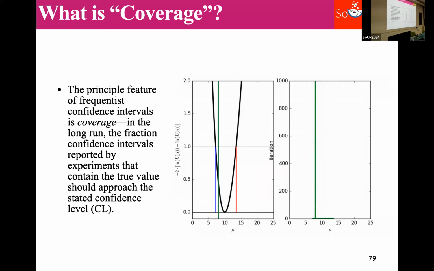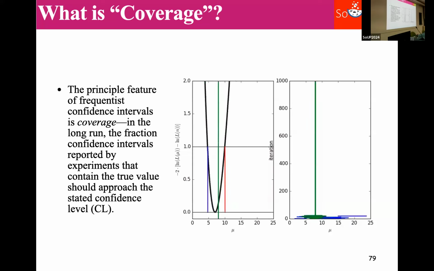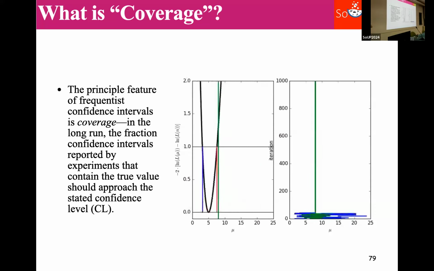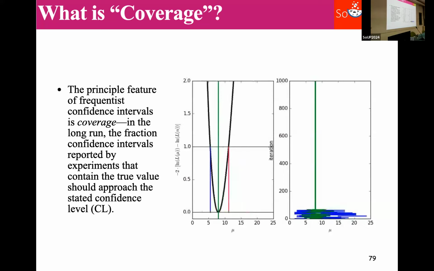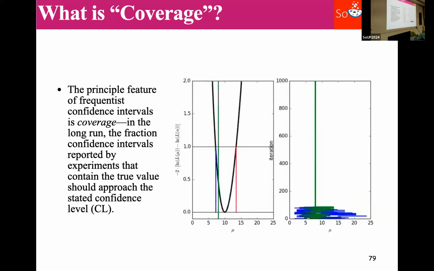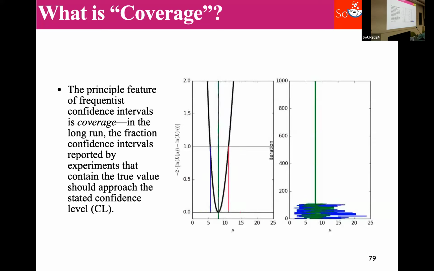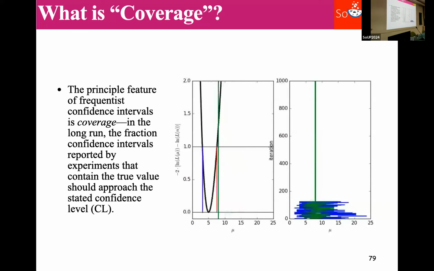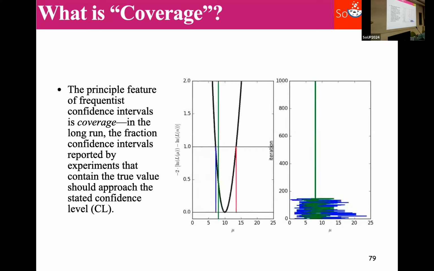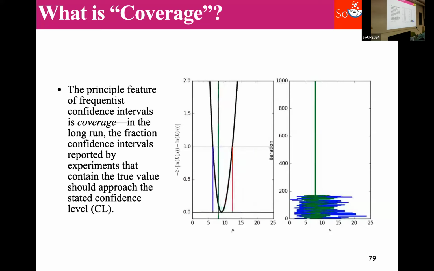And so what you do then is you do a lot of TMCs, and you recompute your upper limit. This is how we're going to compute our upper limits with the profile likelihood. And then you find your upper and lower limit. And here you see you have some parameter that you want to estimate. And you count how many times the upper limit is beyond containing that true parameter and where it contains it.